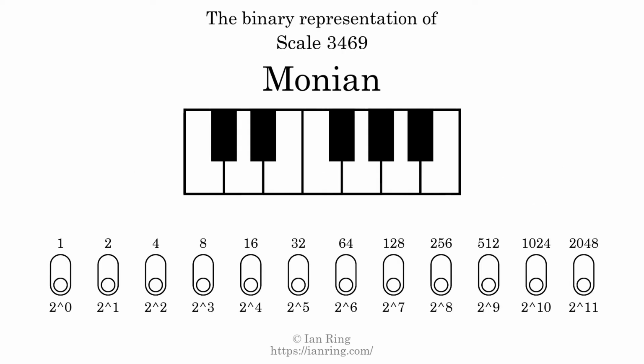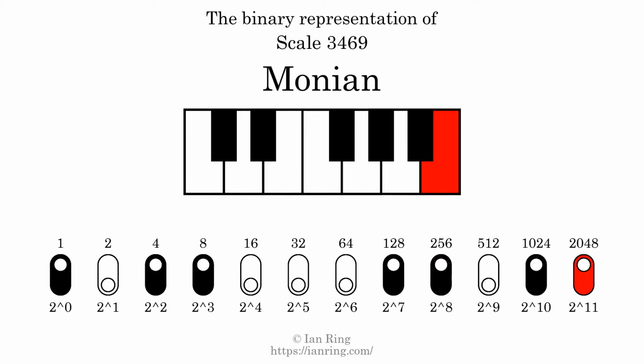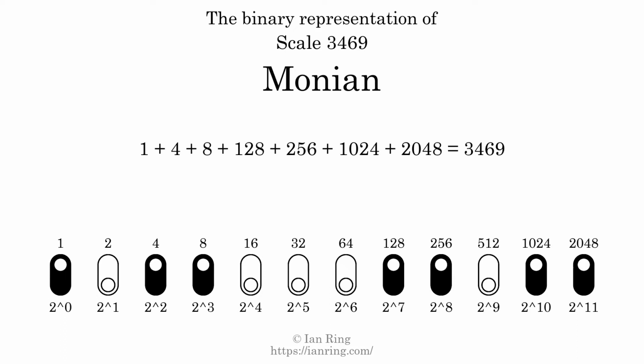The binary representation of this scale is determined by mapping tones of the scale to binary digits. Each binary digit represents a power of 2. To get the scale number, we add the powers of 2 together. The powers of 2 that are present in the scale, all added together, equals 3469. That is why the scale number, in decimal, is